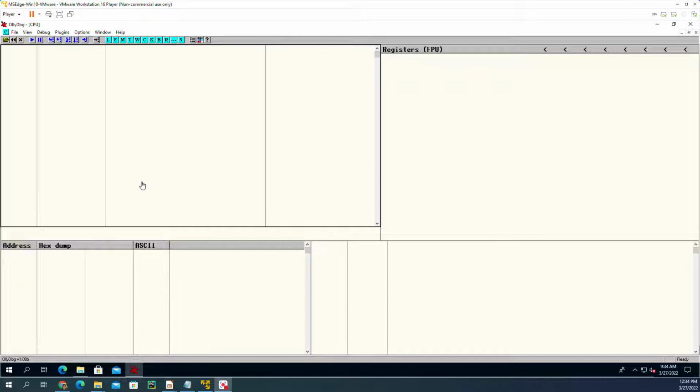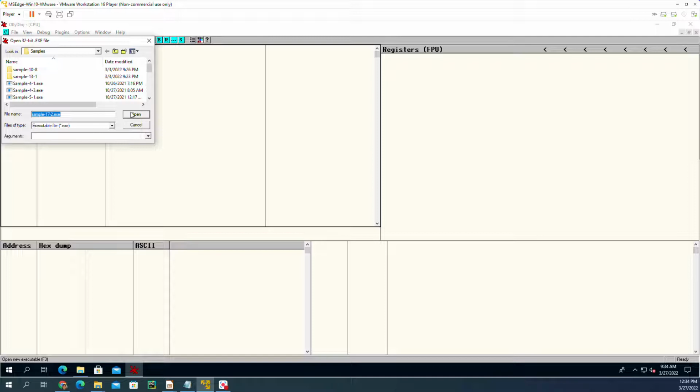What we're going to do is start from the loader code, and let the loader run and unpack the original code, which is obviously the malicious one, and we want to reach that part of the memory. I want to show you how to reach that part. I'm going to open the sample